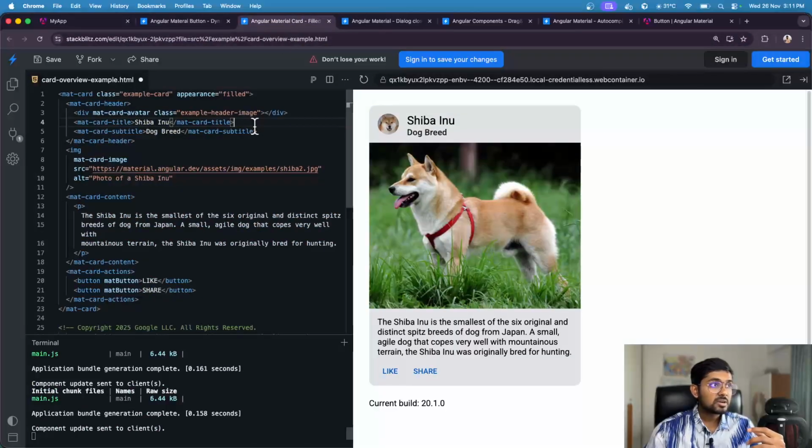Next is Angular Material card. They have added a new variant for appearance, which is the filled variant. This is also one step towards Material 3 design guidelines. So if you apply appearance equal to filled, the card will look like this. Other appearances are